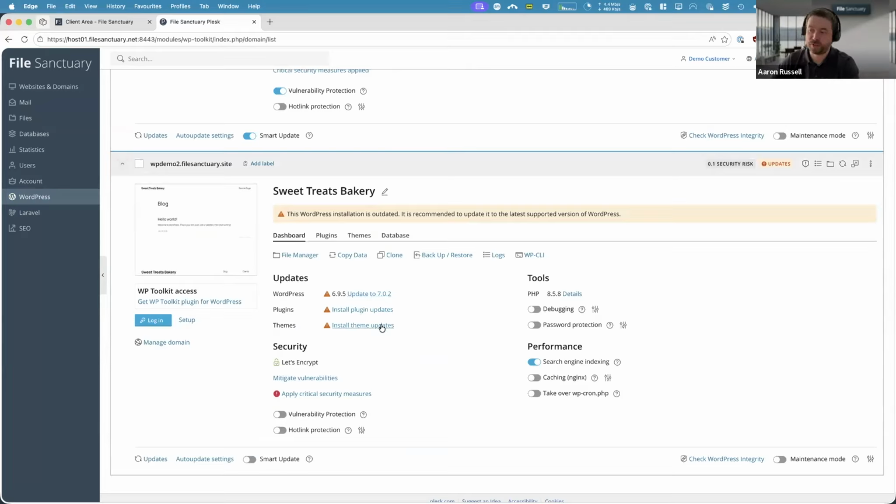We can see there's some theme updates that are required. There's plugin updates required. And we haven't got vulnerability protection enabled. There's some critical security measures that need applying and things like that. So this site needs a little bit of care to get it to a happy state. So let's see if we can get it up and running in just a couple of minutes here